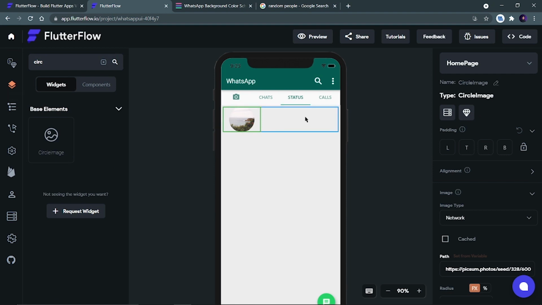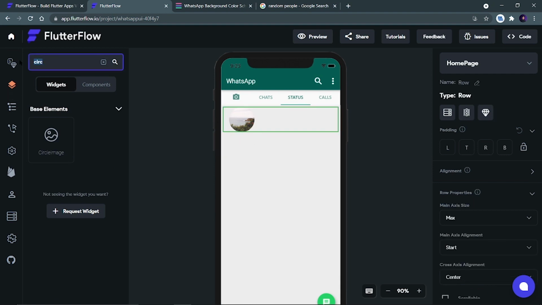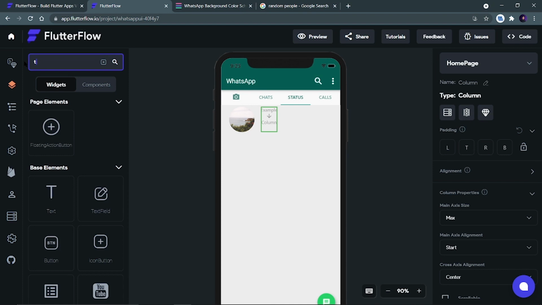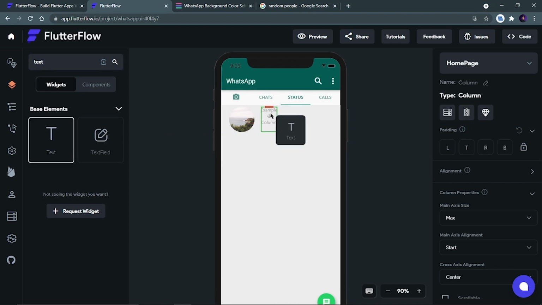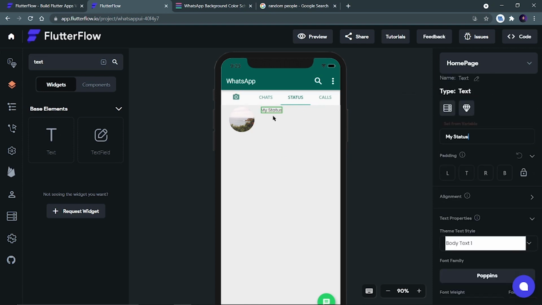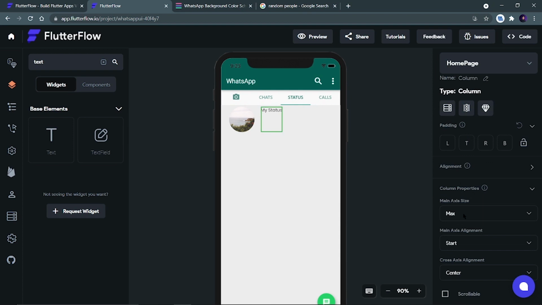Then I will add a column, and the column text is going to be my status. So add a text to this and make the text my status, and I will also change the main axis and cross axis.